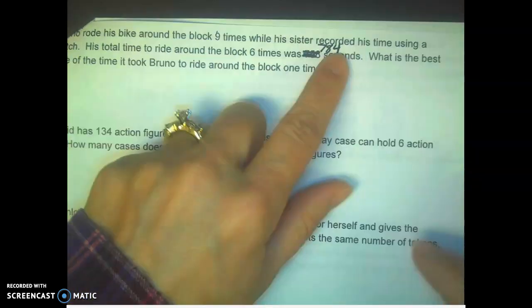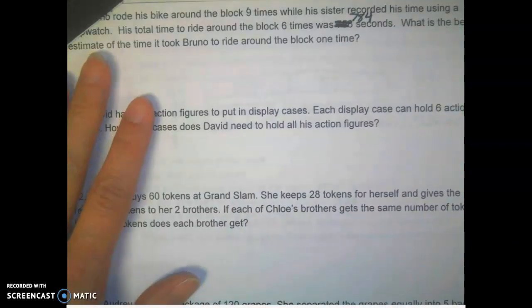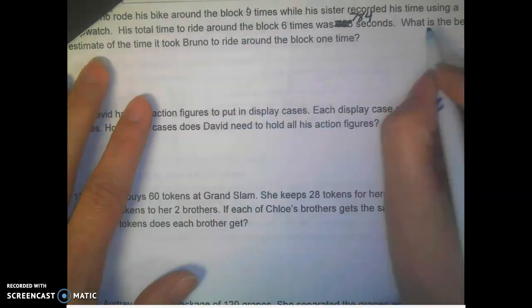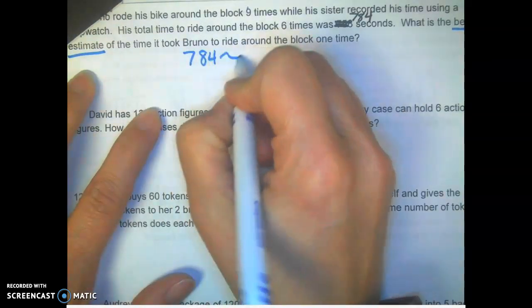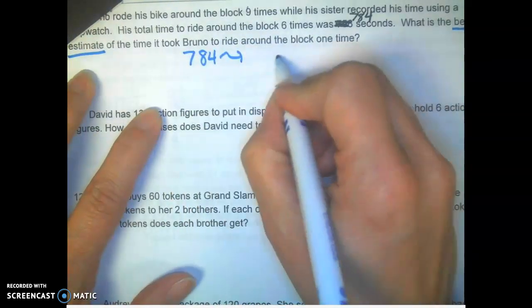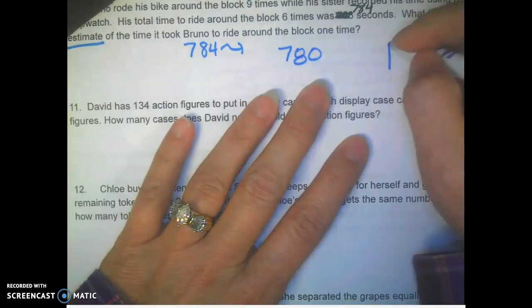Number 10, we changed that number to 784 times, and it doesn't really matter if you change that one, but you can change that one to 6. So he took 784 seconds to ride around 6 times. So then it says, what is the best estimate? So we're going to take 784, and I rounded it to 780. And so then if I divide that by 6,